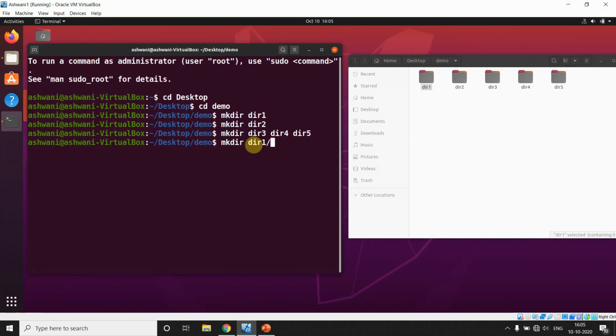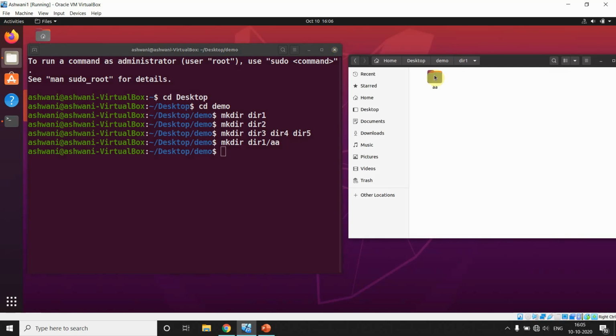It means in Unix, when you want to go inside one directory, it is represented by this /. If you look here also, this path: root directory, inside that desktop, inside that demo. So for going inside, we use / in Unix. So we can say I want to make one directory called AA. Enter. It will make one directory for you called AA.